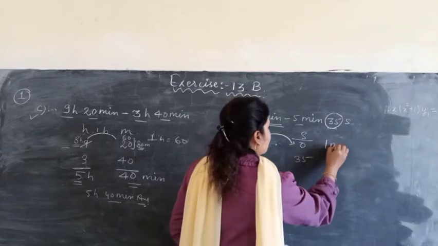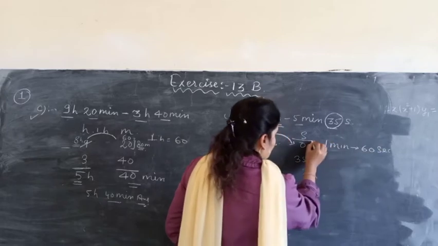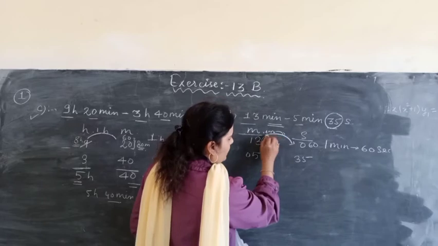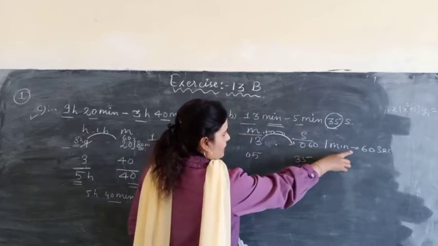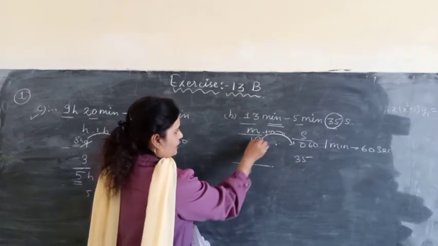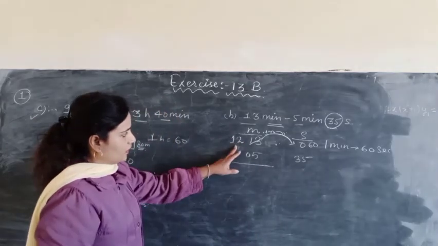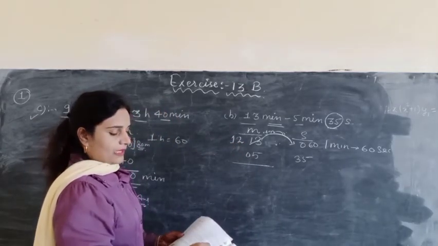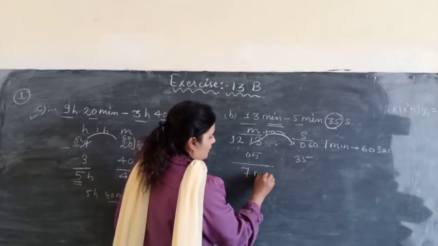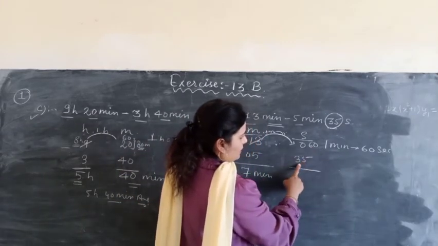So we know in 1 minute how many seconds? In 1 minute 60 seconds. Okay, so we can write here the 60 because the 1 minute is shifted here. यहाँ क्या हो रहा है? Regrouping हो रही है. 1 minute shift हो रहा है. So in 1 minute 60 seconds. Okay, so we will subtract here 12 minutes. हम यहाँ पर remaining minutes कितने लेंगे? Here is 12 minutes. So we will subtract 5 from 12: 5, 6, 7, 8, 9, 10, 11, 12. So 7 minutes are remaining here, and here is 60 minus 35, 25.